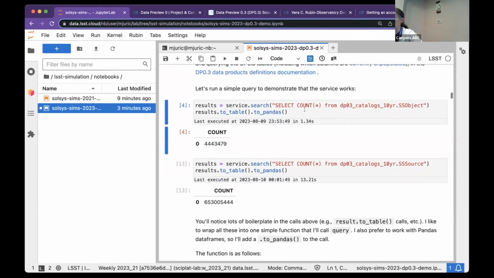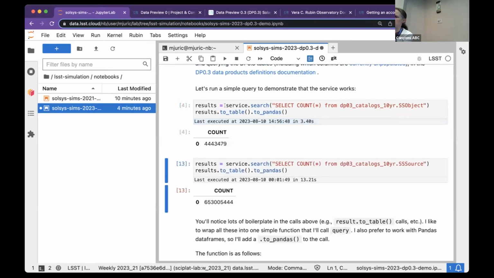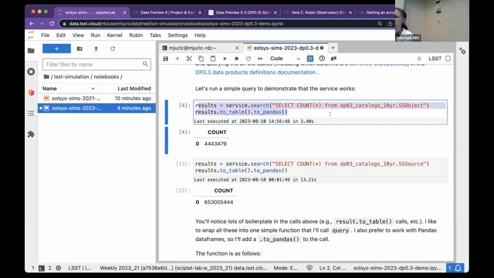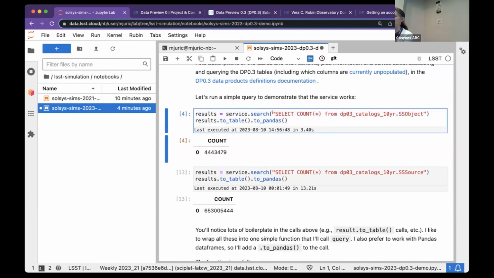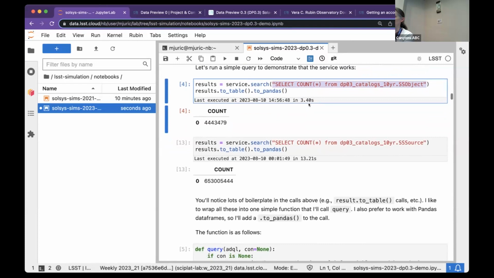So let's run a query. Let's ask how many solar system objects there are in the SS object table. So this is how you run queries with TAP: service.search, and then you type in your query in here. This query is in a language called ADQL. ADQL is a superset of SQL. If you know SQL, you know probably everything you'll need for this tutorial, and probably most of what you'll need for solar system objects in general. So when I ran it, it took about 3 seconds, and it came back with about